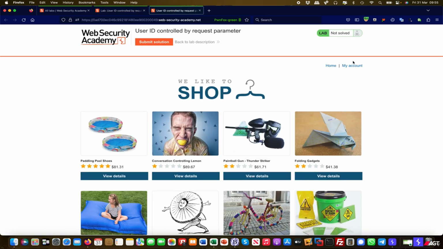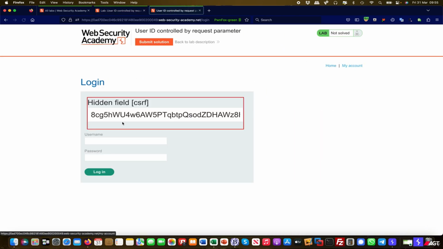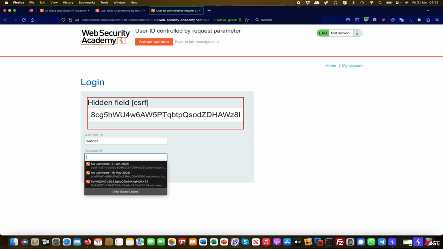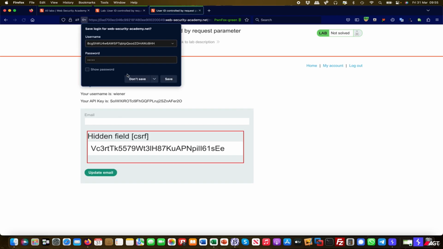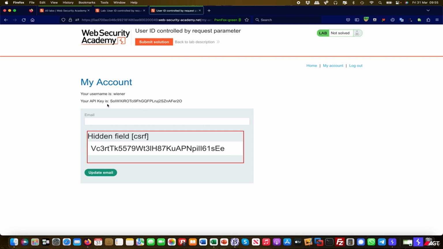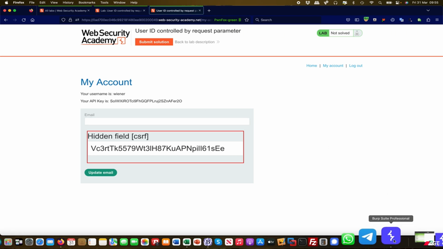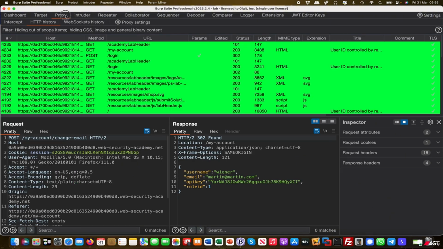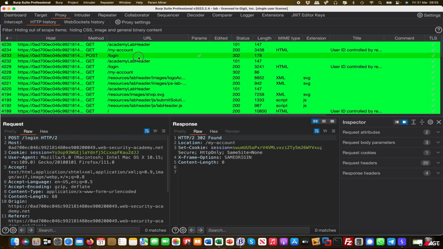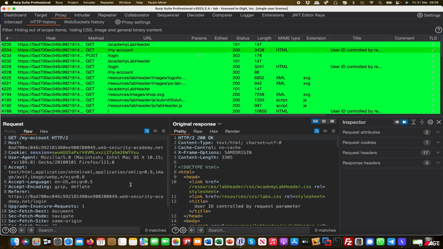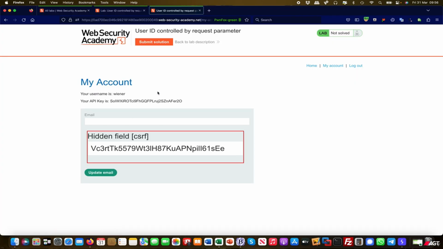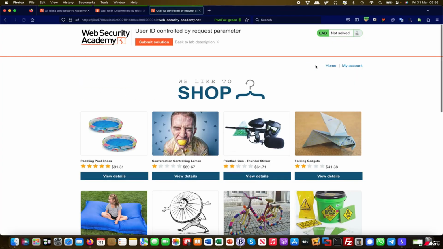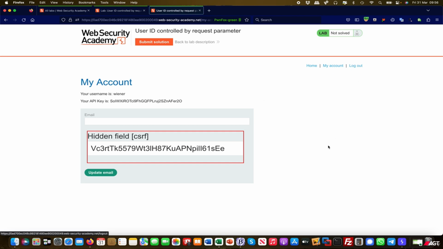Let's head over to the application and let's log into our account and see what's happening, right? So we log in with Wiener Peter, and we see there is an API key presented. So this is our own. If I submit this, it is obviously not the solution because we want to retrieve this from another user called Carlos. Let's head over to our login. So we see we have done our login. It's all pretty straightforward and nothing really stands out at that point. So we can browse around a bit and then head back to our